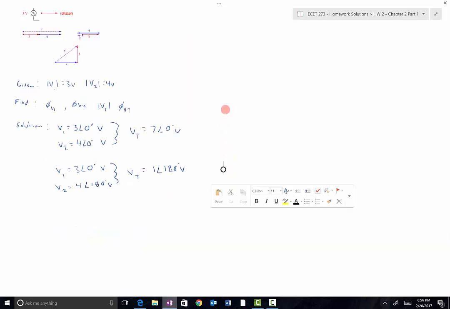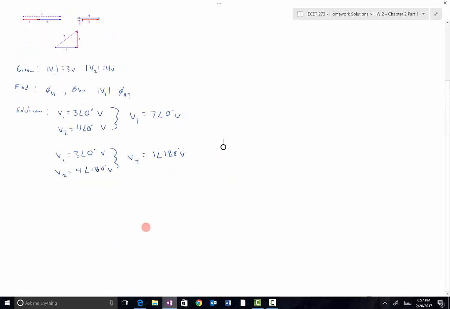The third phasor diagram we have, a little off the screen there, is this one right here, where we have V1 is equal to 3 at angle 90 degrees. It's pointing in purely the imaginary direction, so that's 90 degrees. V2 in this case is 4 at angle 0 degrees volts. We add those two together,